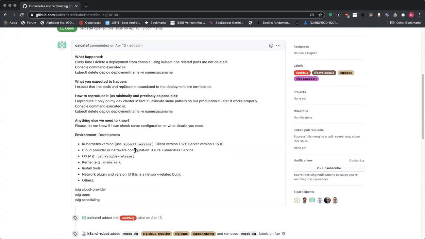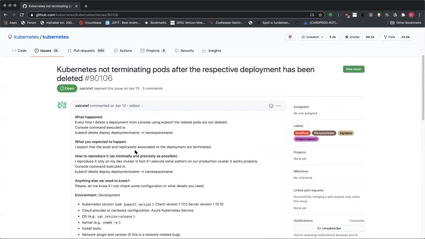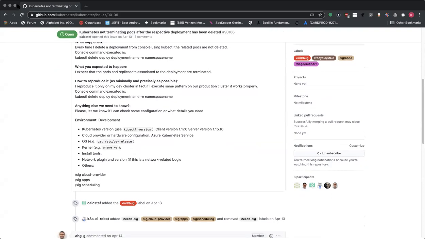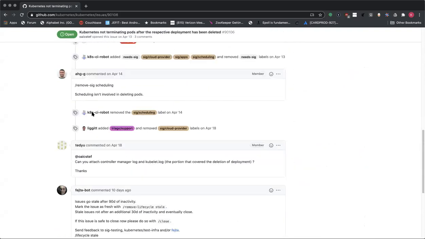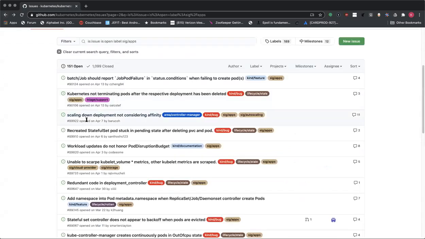I've never seen this issue. I delete deployments all the time. Like they have owner references, that's fairly unlikely. I'm gonna leave this one alone. If it pops back up or it gets further attention, we'll go back to it. But I think we can let it go stale if nobody else sees it.